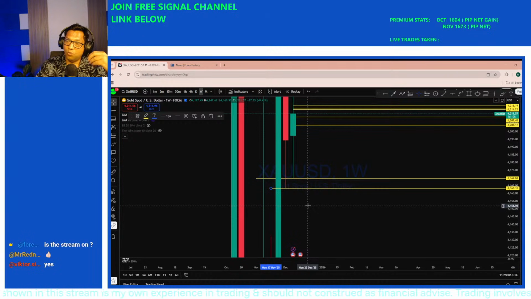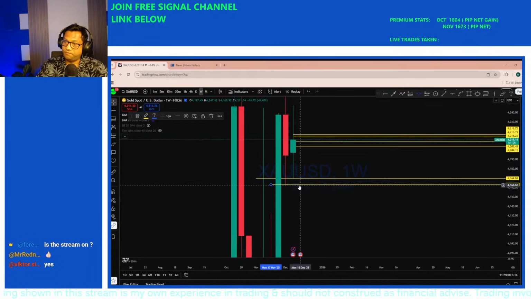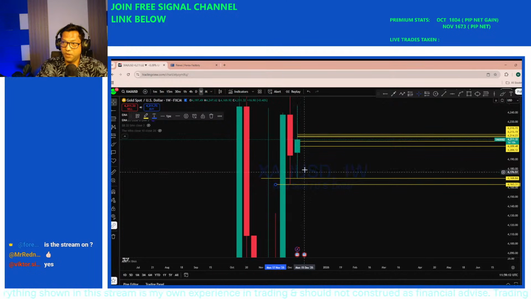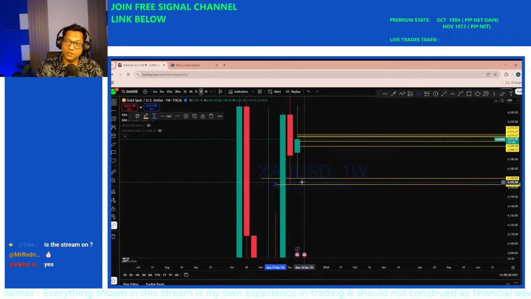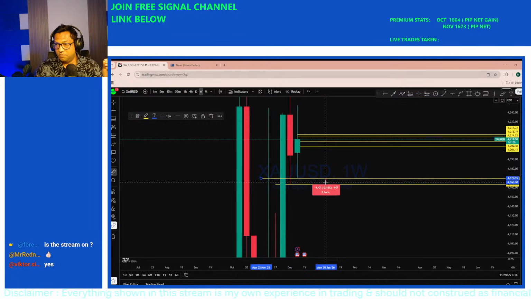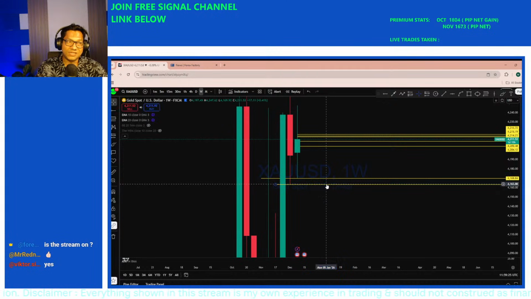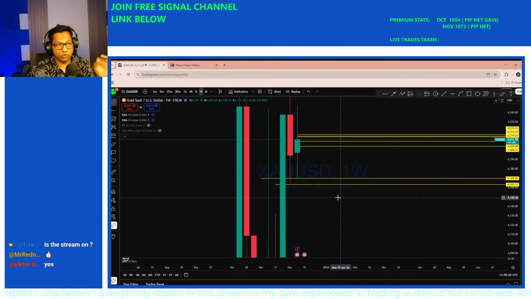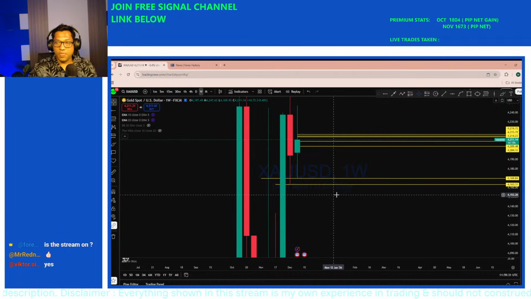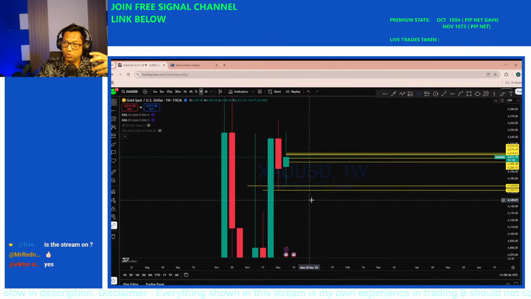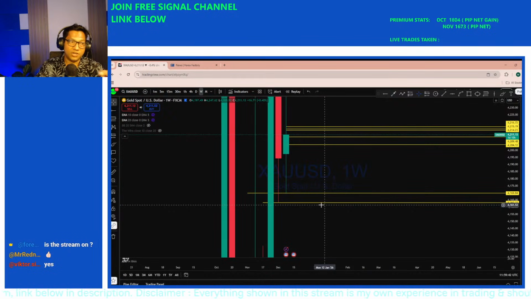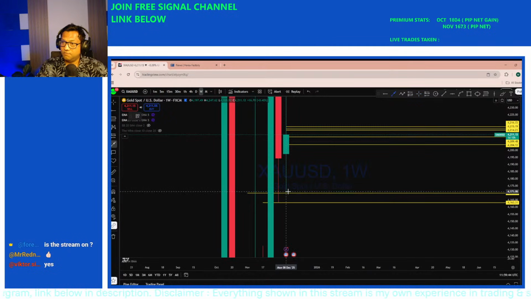And what we could see is that this market may break further, and the 2 weekly lows have a very small gap. It's only a 60 to 65 pip gap, which is very narrow. And because these 2 weekly lows are very narrow, there is a higher chance that this market could break